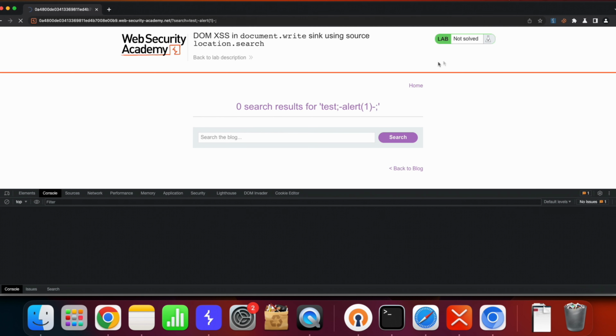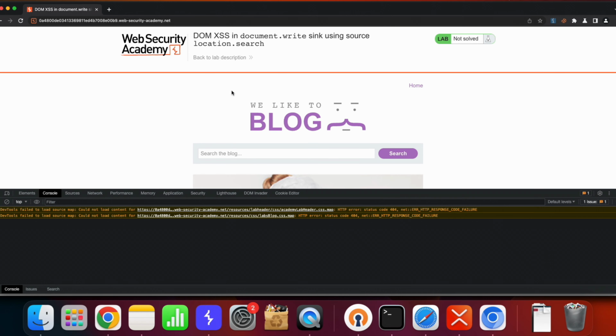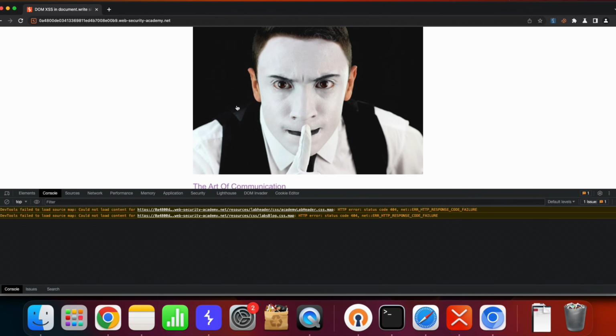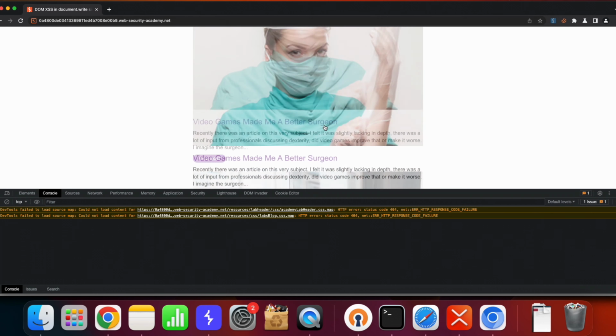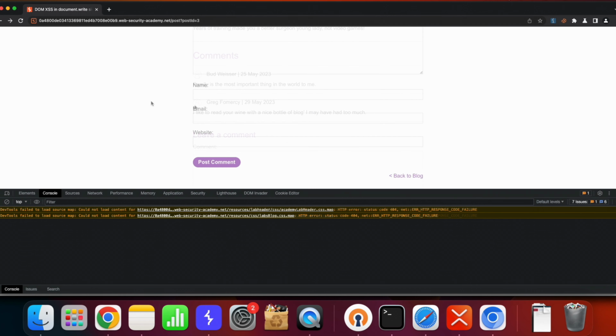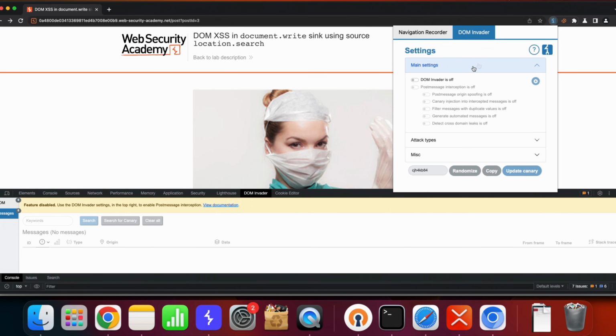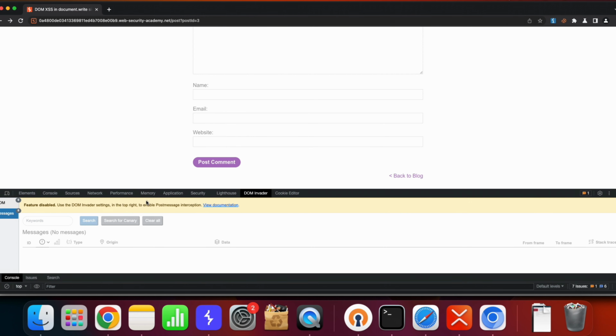So while trying DOM XSS payloads, you might want to keep in mind that you are injecting inside the JavaScript. And so yeah, I don't think it's on this parameter here. Let's check out other parameters. To automate this, you can also use DOM Invader here. So let's try that for a while, right? Like if you are automating it,